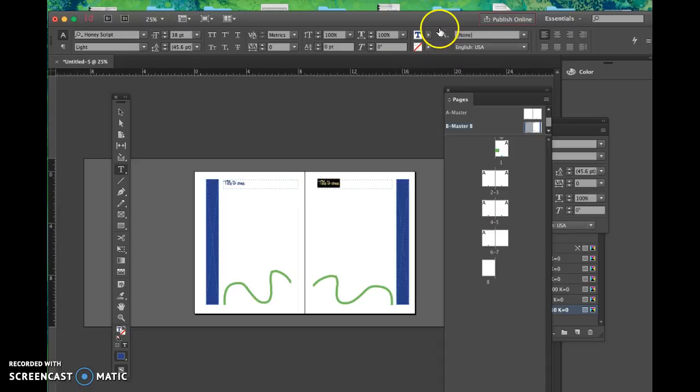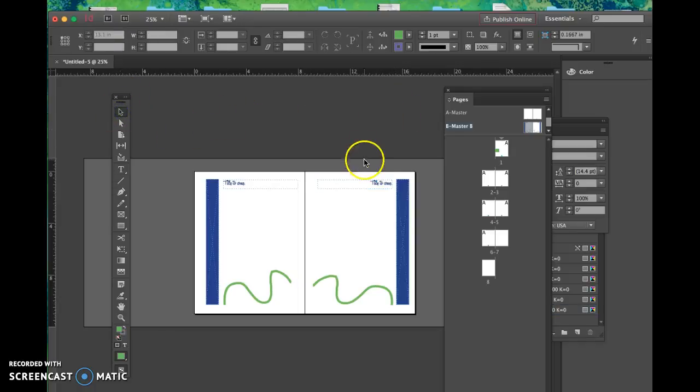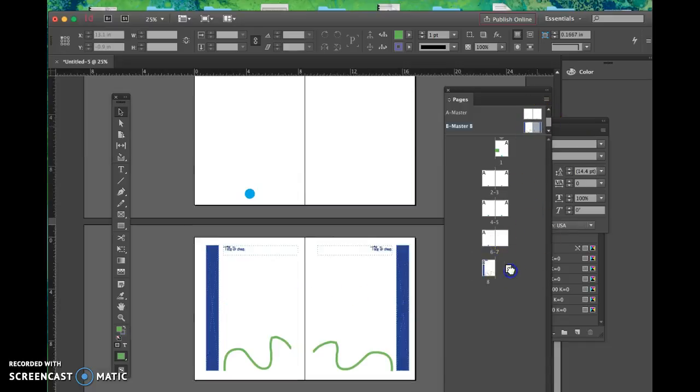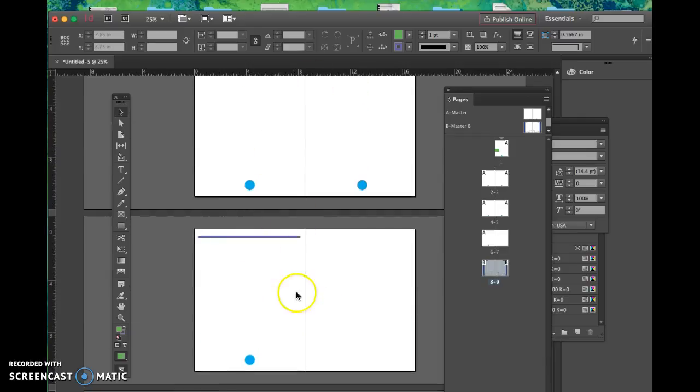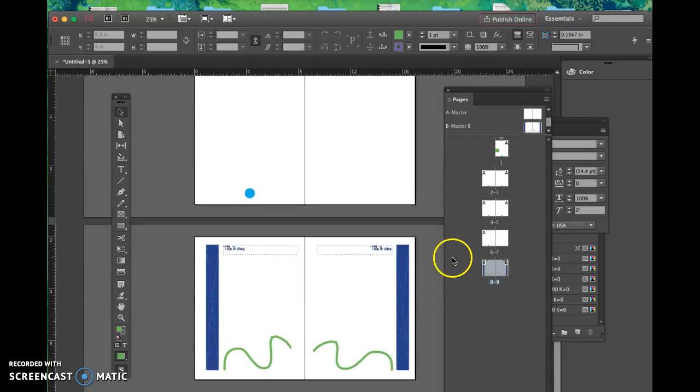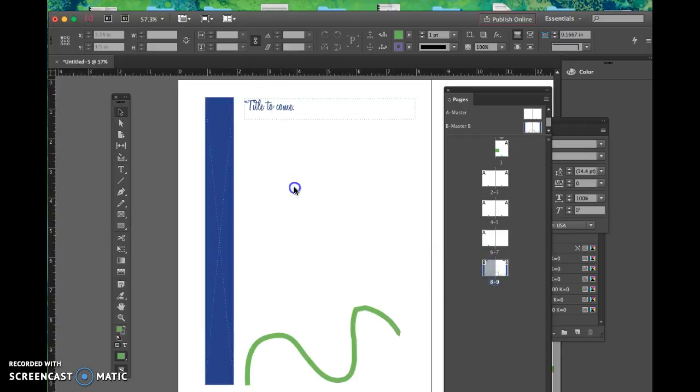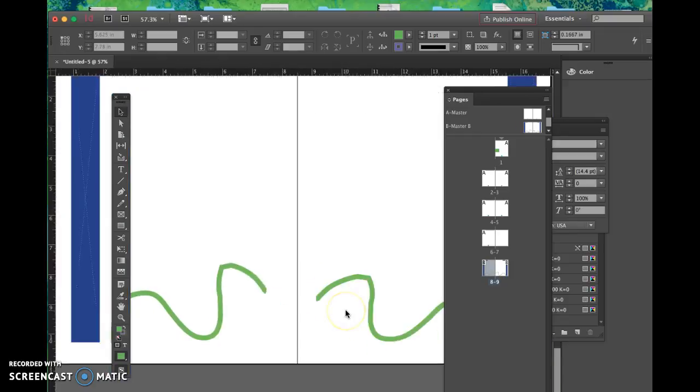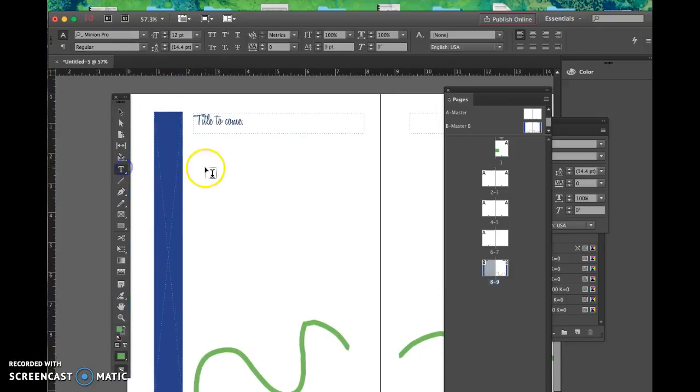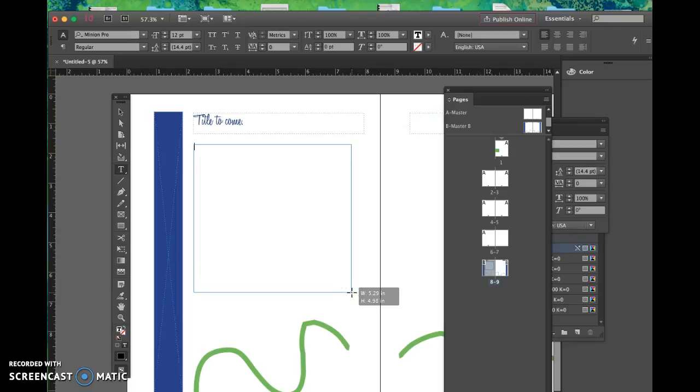Up here, you also see on the top right, you'll see alignment. You can right align something. Okay, so now this is my B Master. So if I want to, in the middle of this, drag and drop, now this number 8 turns into your B Master. And click the right side. So now you can see you can have different masters within the same page also. So once I'm in the pages, again, I can't edit this text. So nothing I can do to change it unless I go into the master. And now I can add my own text boxes, artwork, whatever the case is. So text to come, I'll say